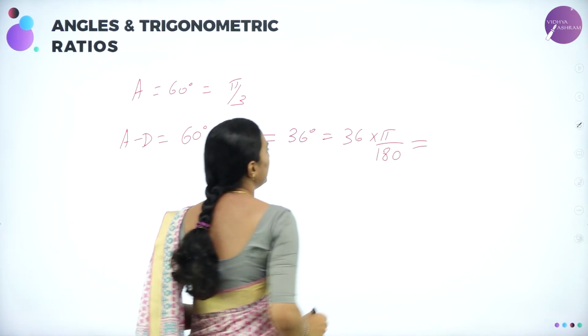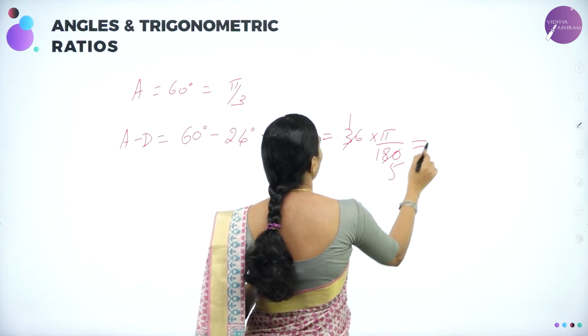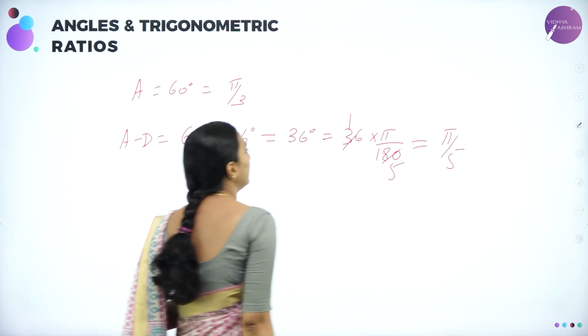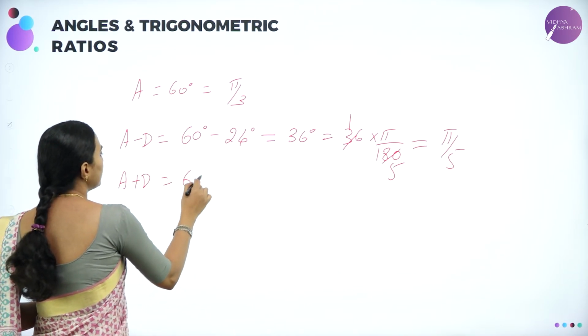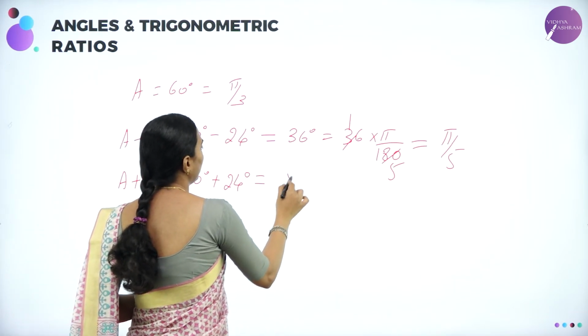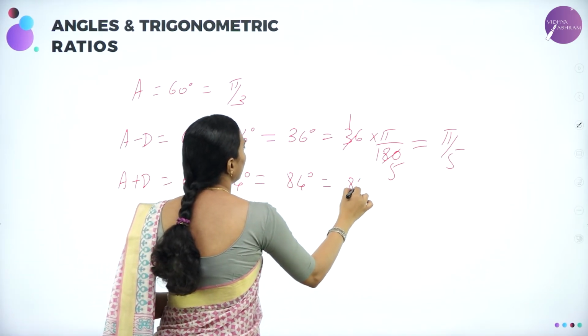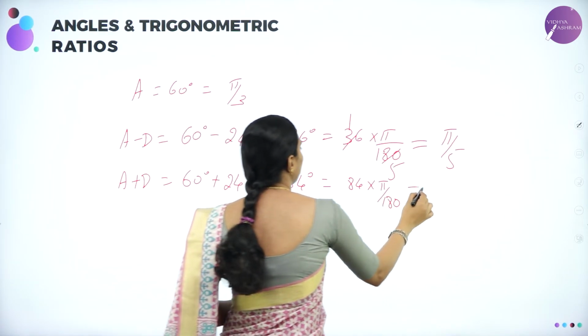So therefore, 36 ones are 36, 36 fives are, so pi by 5 is a radian. Next, A plus D: A is 60 degree plus D is 24 degree, which will be 60 plus 24, that is 84 degree. 84 degree can be converted into radian by multiplying by pi by 180, which will be equal to,